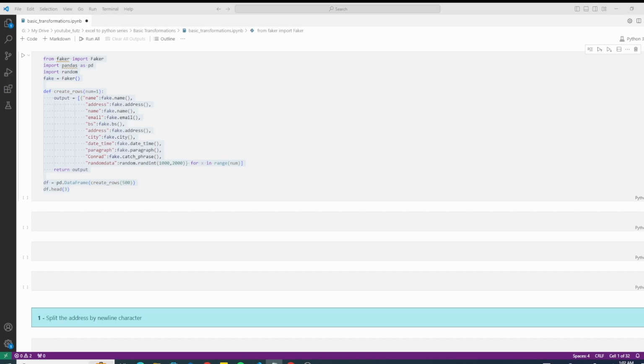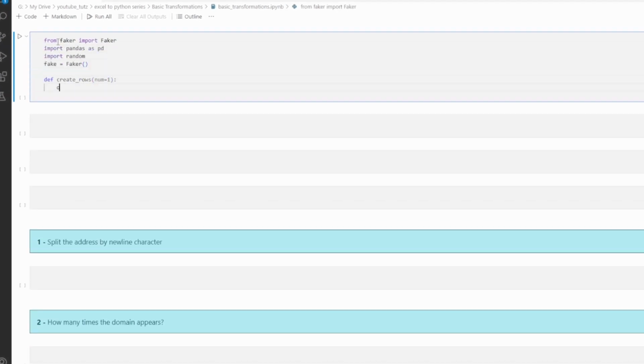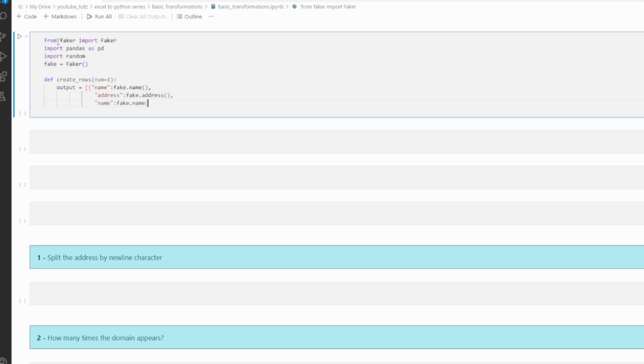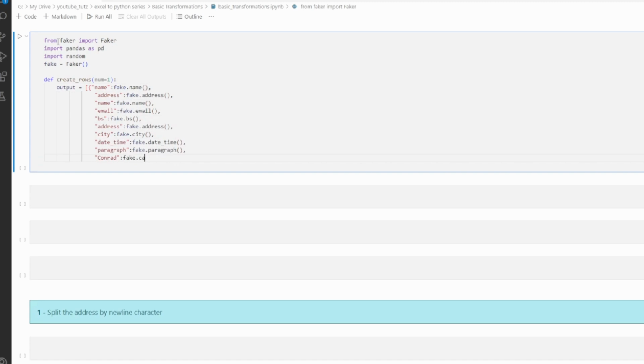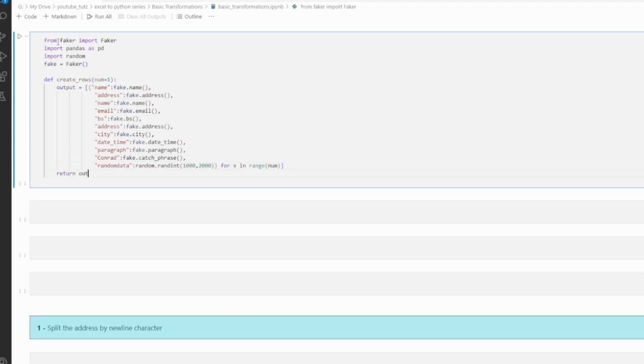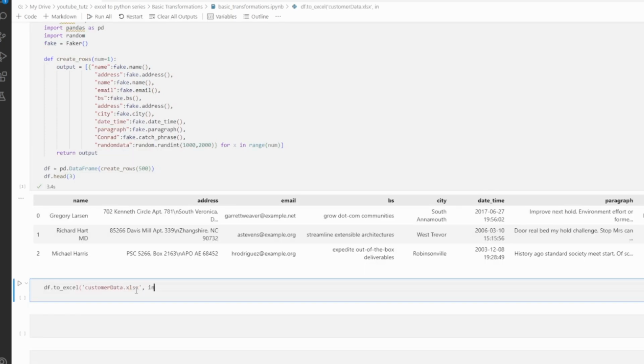With that out of the way, let's jump right into it. Let's load our data to Jupyter Notebook, which is best for this kind of data analysis. We are going to generate some fake data using the Faker library of Python and then convert it to a Python Pandas data frame and then do a head method to check what the top 3 rows are. Let's export this data frame to an Excel file so we can later do the transformations on similar data.